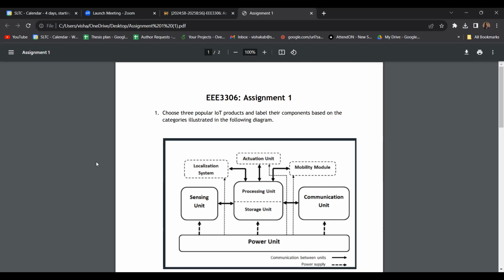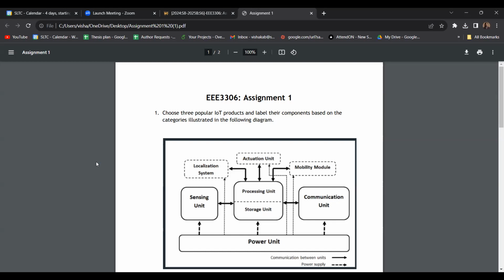What does the processing unit and the storage unit mean? You can just point to the main processing chip most of the time, which does the processing. For most of the products, they have not mentioned the processing unit in the specifications. That's the reason. And I want to clarify about the mobility module also.